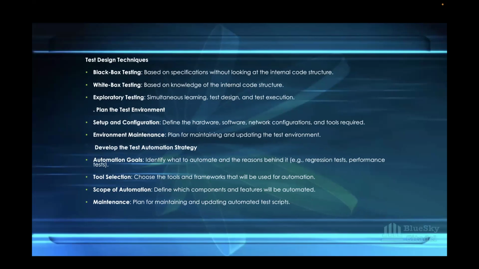You have exploratory testing as well. So exploratory testing is, if you already have a UI in place, you can just go on the application, kind of explore, click there, click here. Okay, this has to do this, this has to do that. Then plan the test environment, which is also very key and very important.